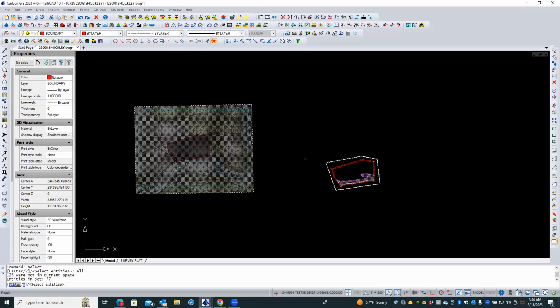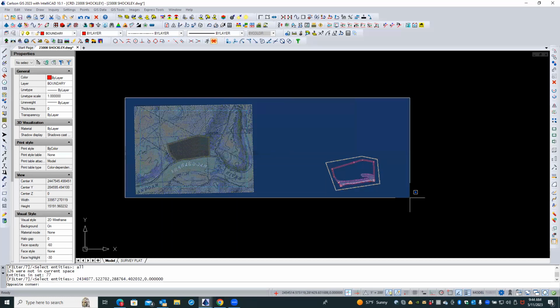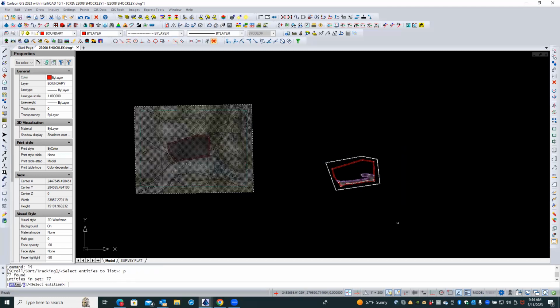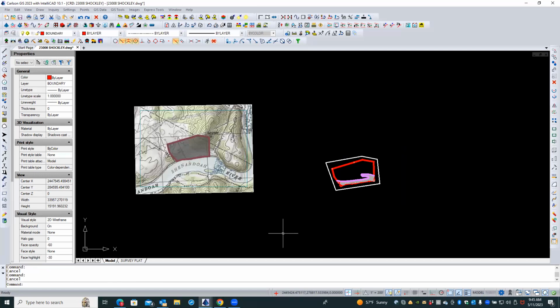Select all. Then if I do a shift selection, that should clear that. Now if I list previous, see now these go back into that previous selection set. So I think we're good